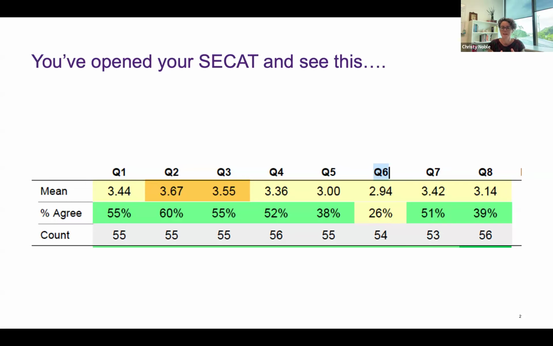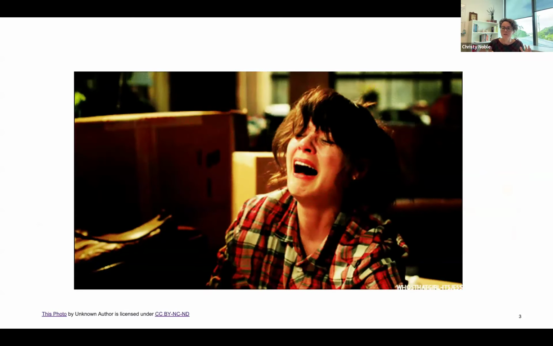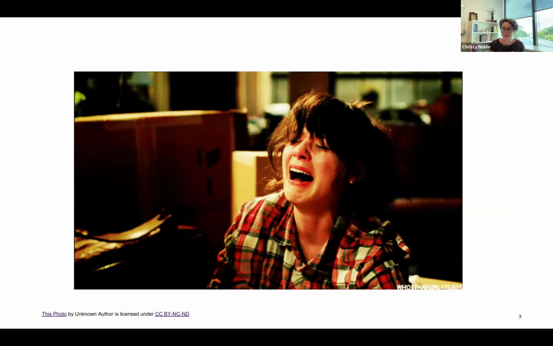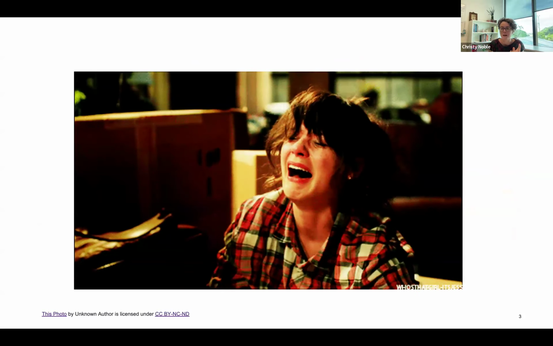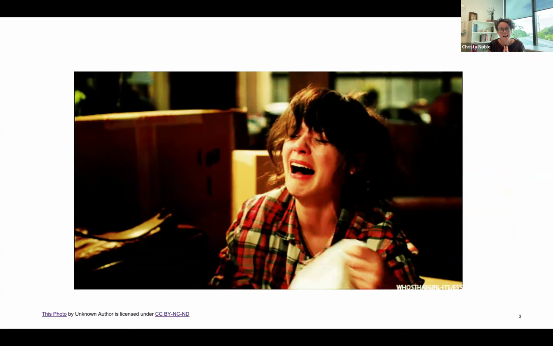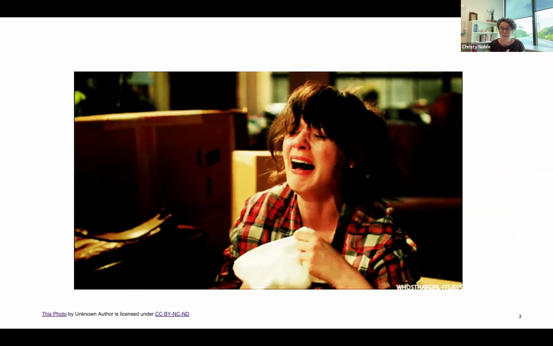Instead, I want you to think about if you step back and then start to build the foundations to make sense of that data, then there's a much more productive and healthier way to engage with this information that we're receiving about our teaching. I kind of thought this is how I would have felt, crying my eyes out and a bit in the corner. But I think that's how some of us might feel.